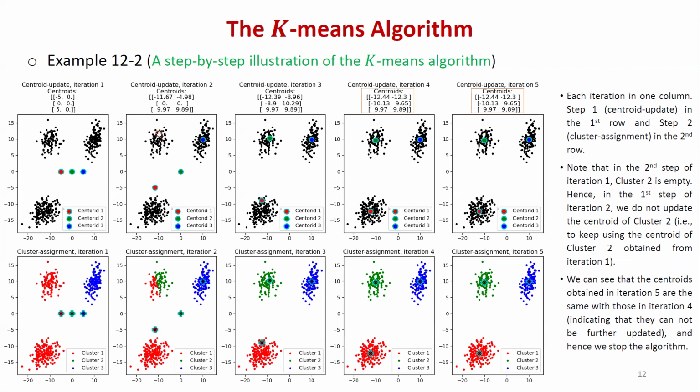Be careful here. The reason I make all these points black is because technically here I do not have any clustering information. Every time I'm going to assign a cluster in step number 2 instead of step number 1, and hence in step number 1, I make them black on purpose. Okay, so now I have the new updated centroids like here. Then step number 2. For each data point, which centroid should I belong to? In other words, I'm asking for each data point, which current centroid is the closest to me.